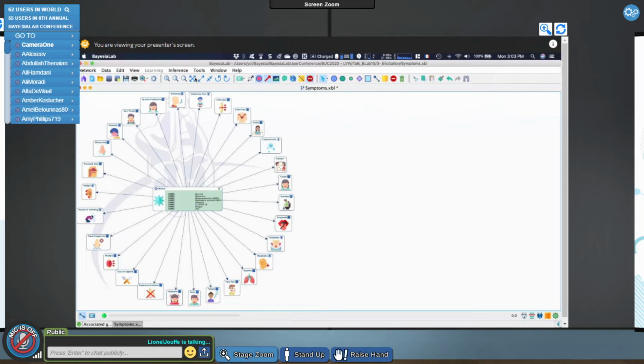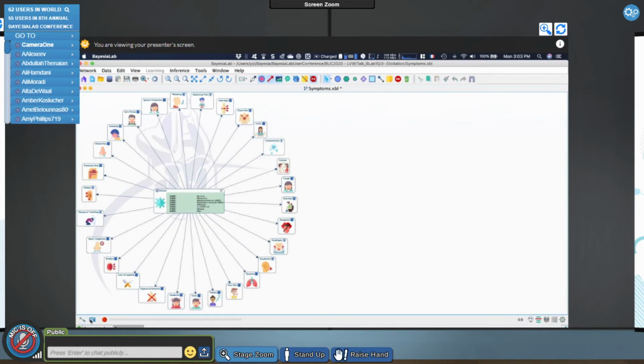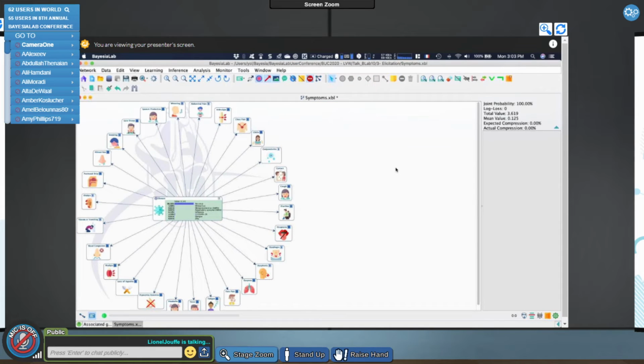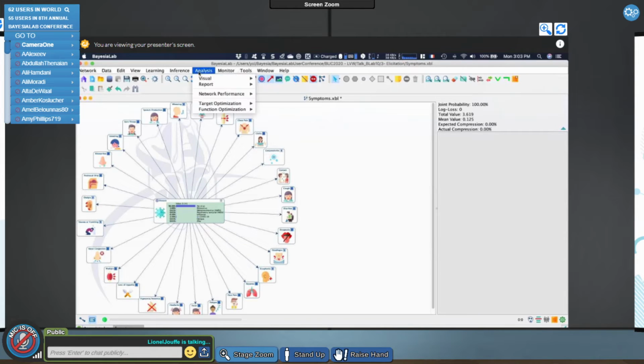Then with that, same thing, we are building an adaptive questionnaire. So we just go under analysis, inference, adaptive questionnaire.